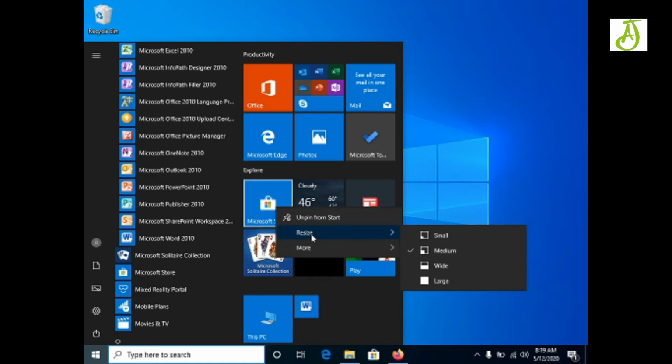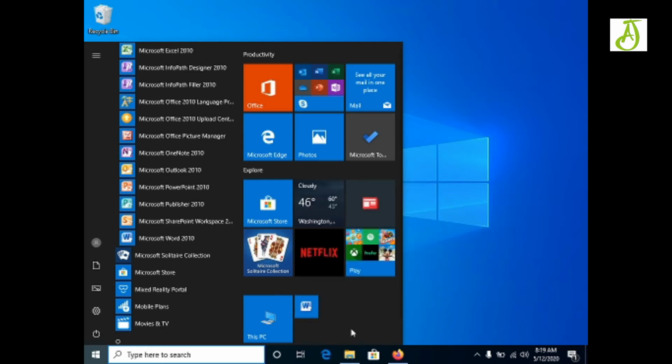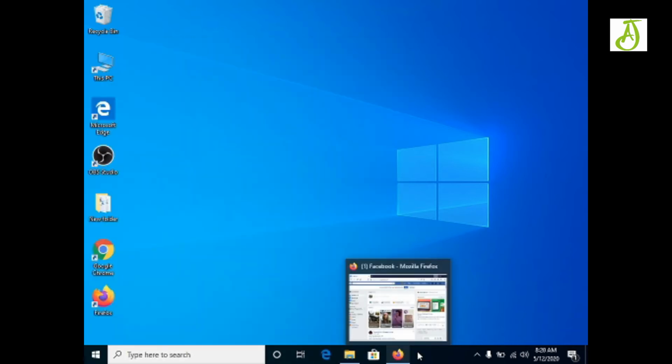Here we have 4 options, but here we have only 2 options. So depending on the app, it shows us the options. Fine. Now again I am clicking on the start button. Now this part is known as a taskbar.